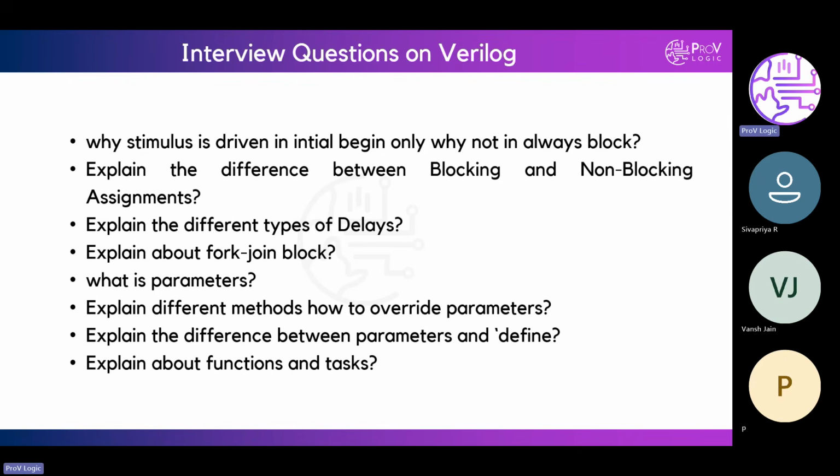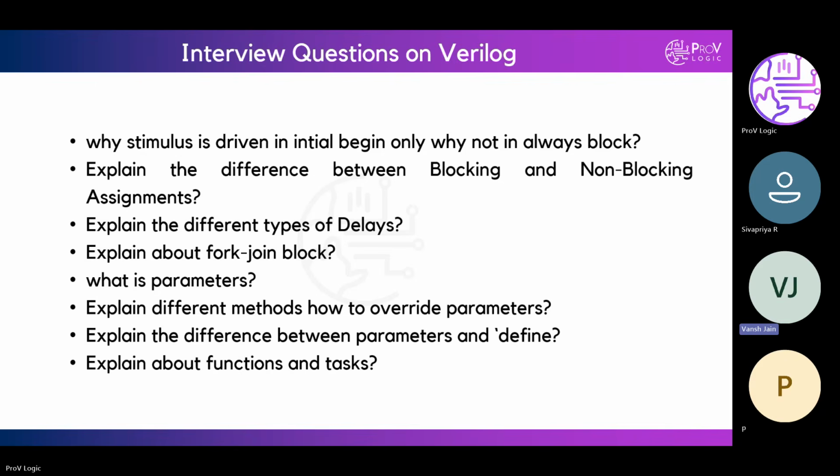Okay. Vansh, what about you? So parameter is a constant which is used to implement a parameterized module. If the width is already defined, then we can change the width of the module by giving the parameter.